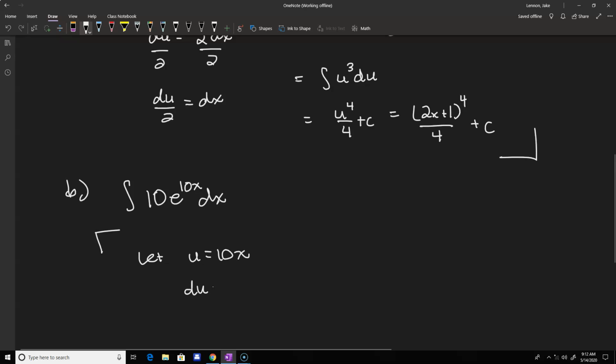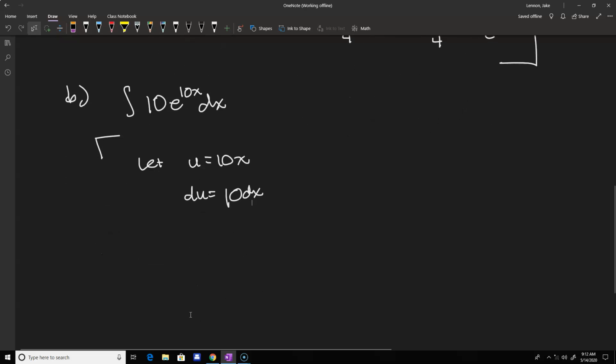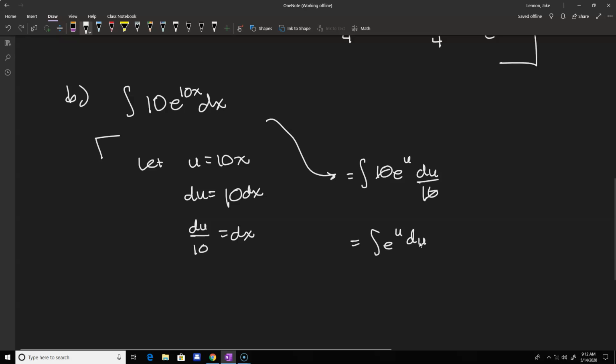So then I know du, the derivative of 10x would be 10, and then I have to multiply by dx. If I want to solve for dx explicitly, I would divide by 10. So du divided by 10 is equal to dx. And then our integral, we could say, is the integral of 10 times e to the u, and then we want to replace dx by du over 10. And so we just have the integral of e to the u du, which is e to the u plus a constant,